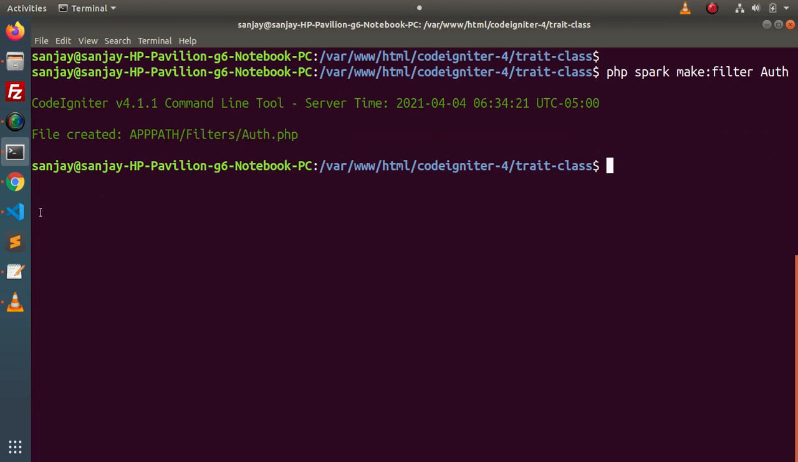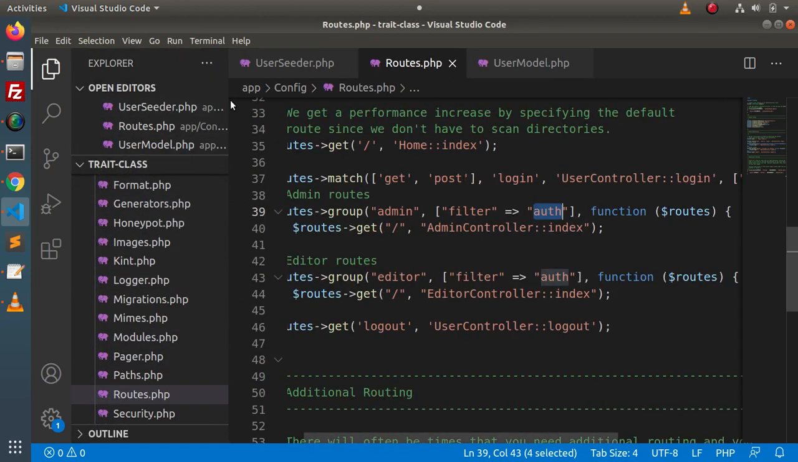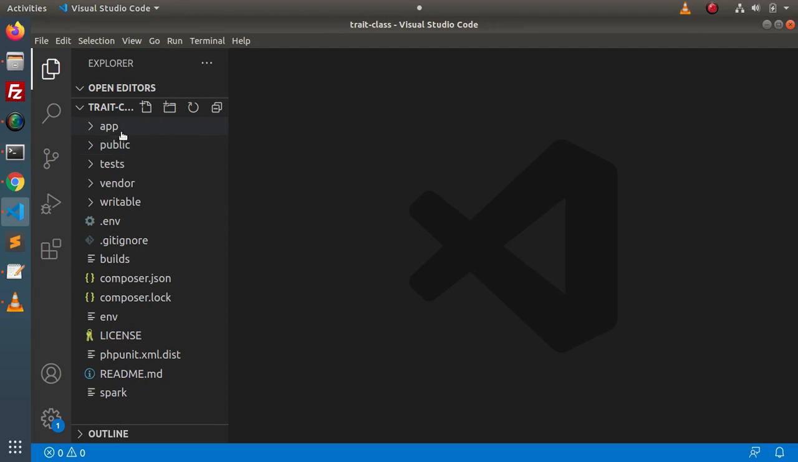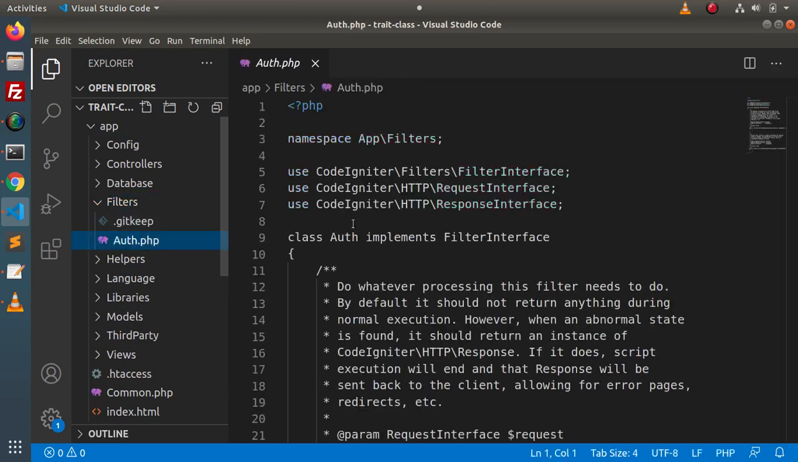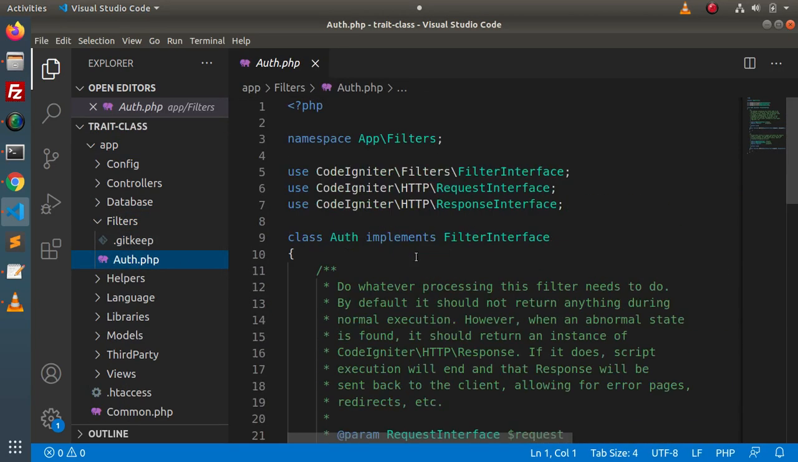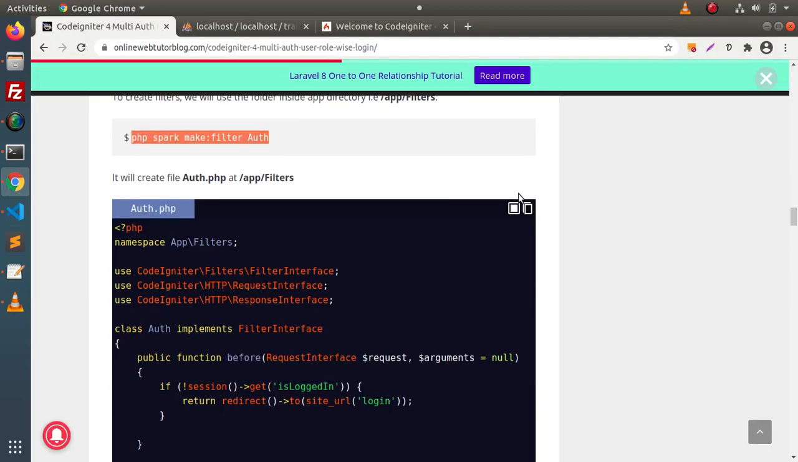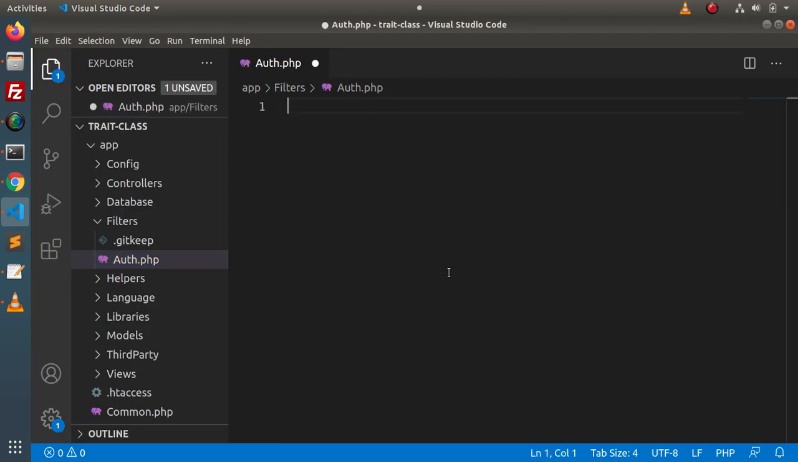So if I go back to the directory, close all these files first, we need to go inside this app directory, the Filters folder, and inside this Filters folder we can see we have auth.php. This is the by default generated file. So what we want, I will simply copy all this code from here, go inside, and replace it with this new